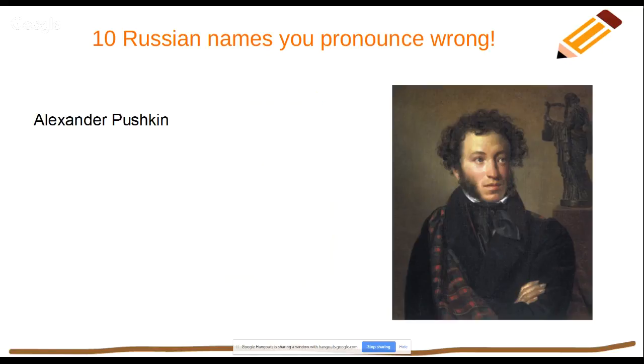And he's considered the greatest Russian poet. Yeah, he's not as famous as Tolstoy outside of the country. Yeah, but in Russia, everybody knows him. We study his poems at schools, and you might ask me, why is he considered the greatest? Yeah, and can we choose the greatest poet at all? Yeah, we have a lot of great poets in Russian, like Tyutchev, I don't know, Boris Pasternak, Joseph Brodsky, yeah, and a lot of other great poets actually.